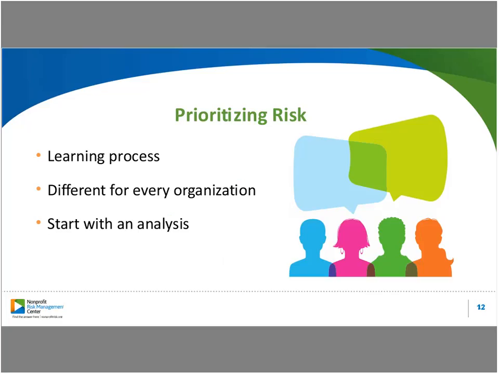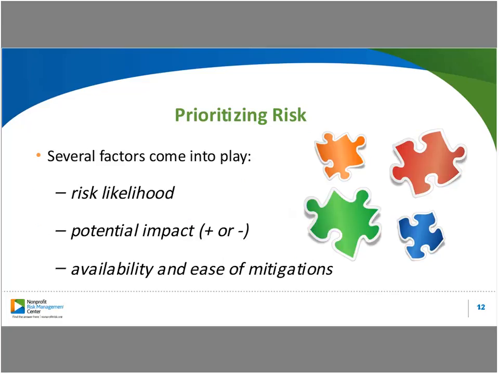Figuring out what risks are most important for your organization takes a lot of different analysis. So first, you want to try to discover the different components of the risk. As I said before, most risks have a lot of circumstances and underlying conditions that contribute to whether or not they are likely to occur. And then they also have these consequences, which may be positive or negative. Usually there's both; there are some of each. So doing that analysis gives you a broader picture of your risks, and from there, you can think about these different factors that may help you prioritize those risks.